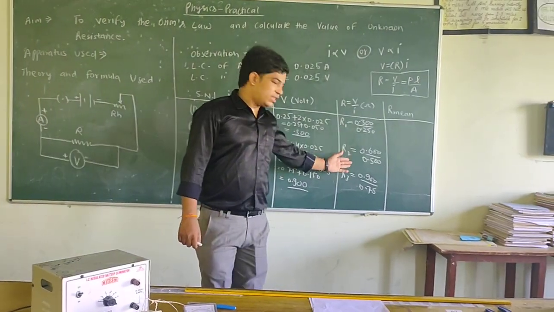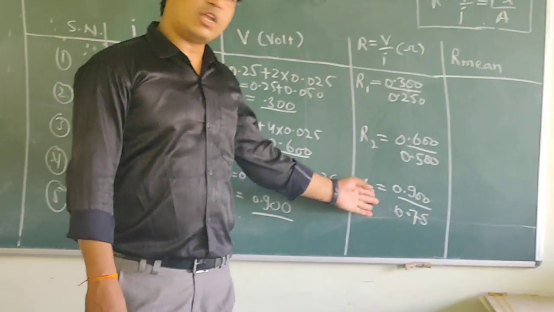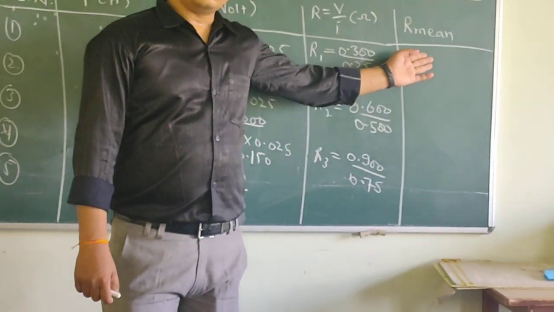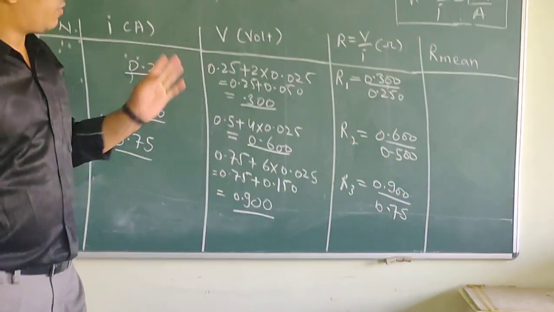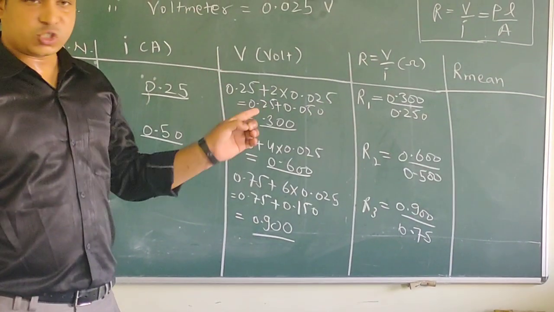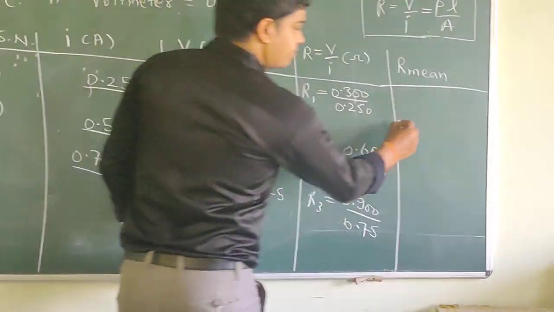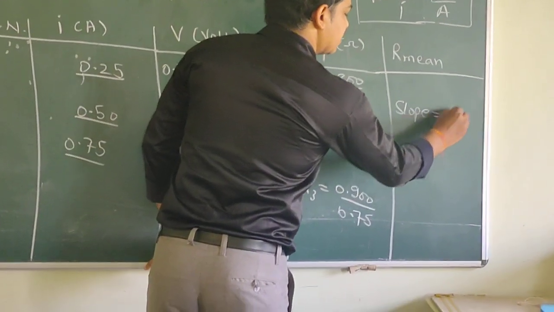The value calculated from all these three comes out to be 1.2, and that is the value of R. Okay. The homework is you have to plot a graph between voltage and current to find the slope, and you have to find the value of the slope. Okay. The value of slope is simply delta V